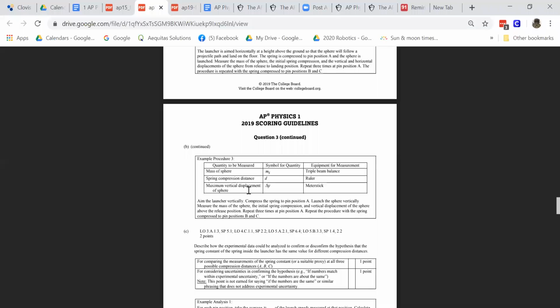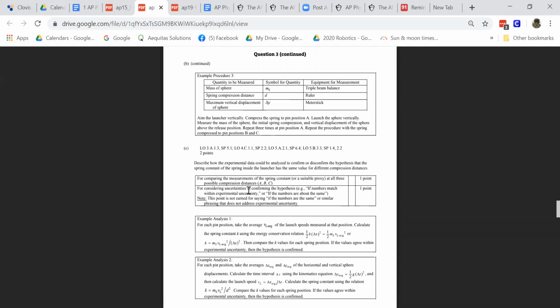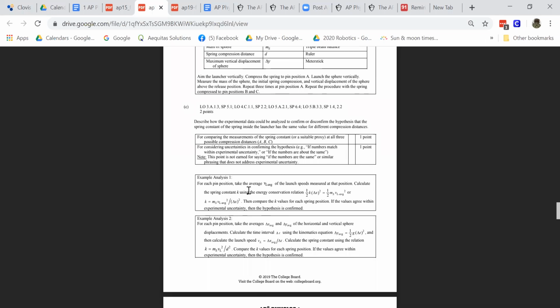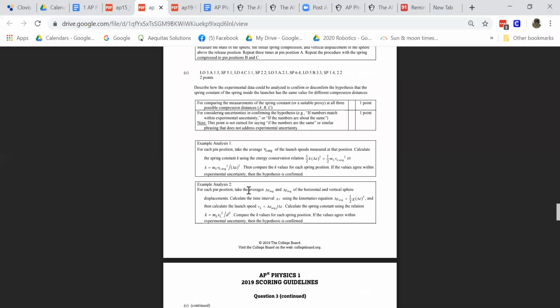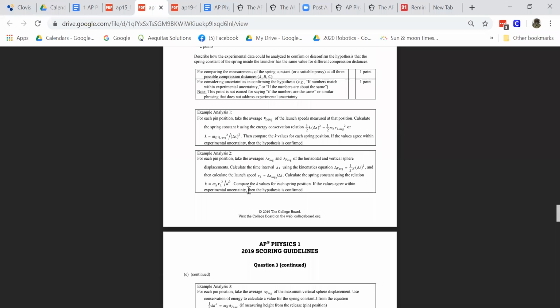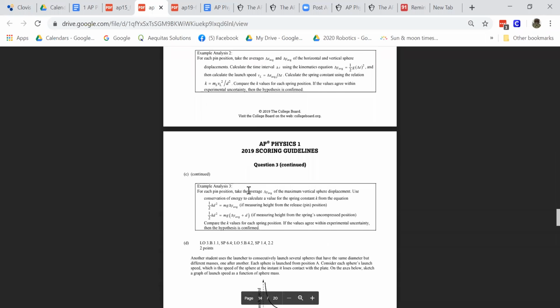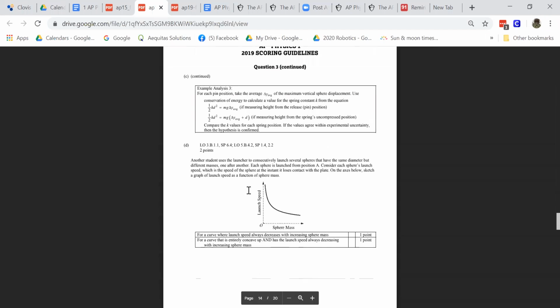So there are different ways of doing this. You're going to have to be flexible and nimble and just say, okay, if I was going to figure out what that is, what are different ways of doing it. I'm going to let you read through all this. These are the different examples for analyzing it. And there's my graph. Yeah, my graph was